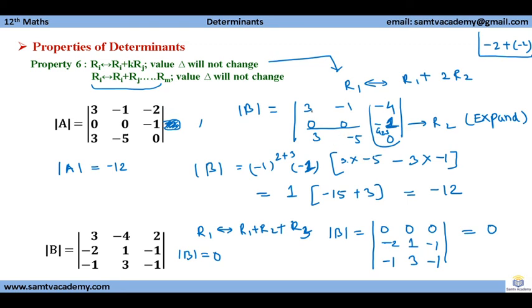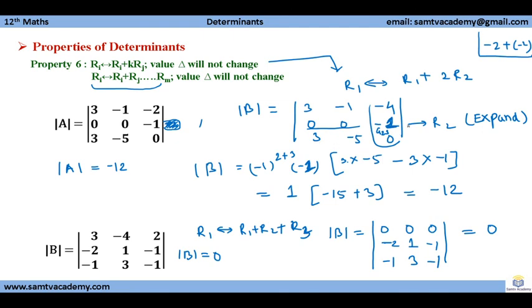So here 2R2 is 2, 0. Plus 3 is 3, 2 times minus 1 plus 0 is 0, and R1 is minus 2 plus, by multiplying R2 the element has given minus 2, so minus 4 plus minus 2 will give you minus 4 here. So this row is replaced with 3, minus 1 and minus 4. This is our new determinant, and the second row and third row will remain the same, 0, 0, minus 1, 3, minus